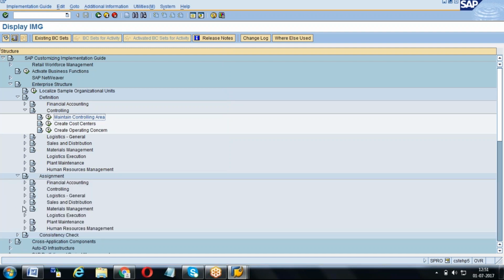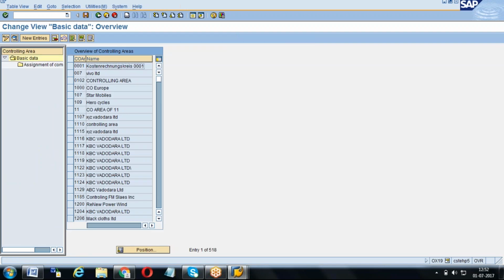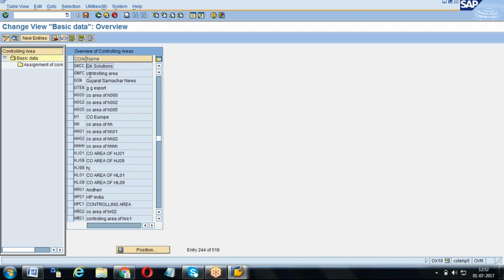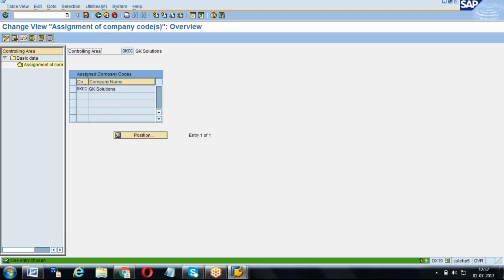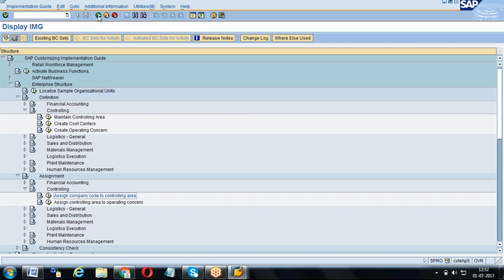If you go to the assignment, controlling area, see assign company code to controlling area. You have to assign your company code with your controlling area. GKCC is my controlling area, and I need to assign it to my company code. This is configuration.